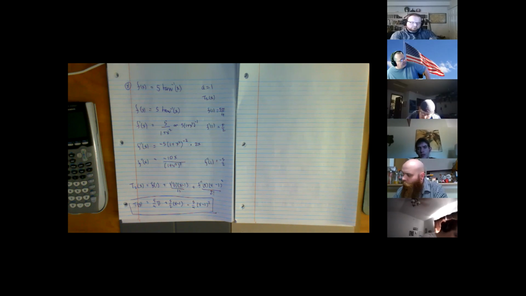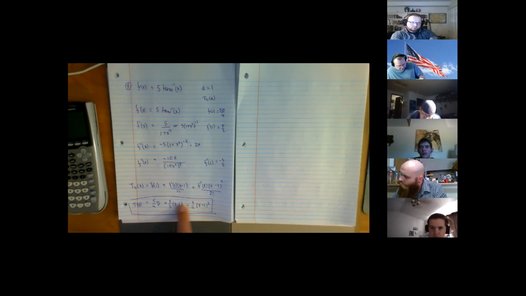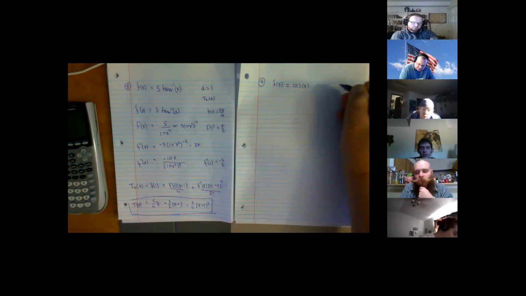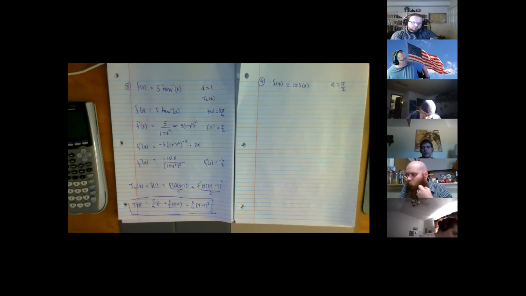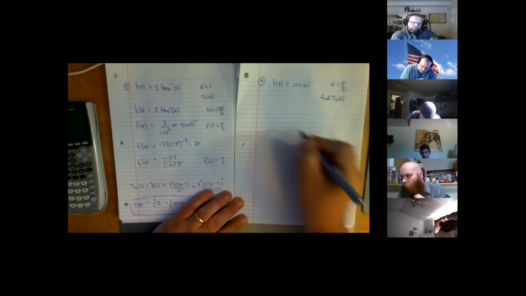So you're going to be doing a lot of differentiation here, right? Plugging in numbers, finding exact value of derivatives at 1, putting them into here, making it look pretty. Last question. And this one is like 9. The function we're going to do it to is cosine x. And at last, centered at a number that's not 1. And we're being asked to find T3 of x. Okay, here it goes.